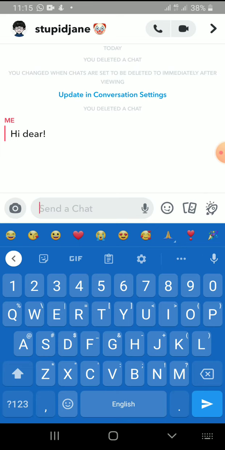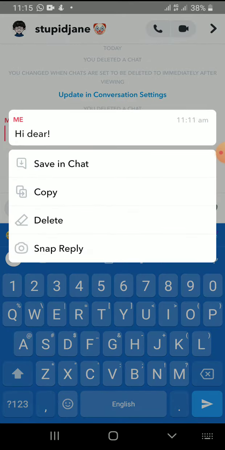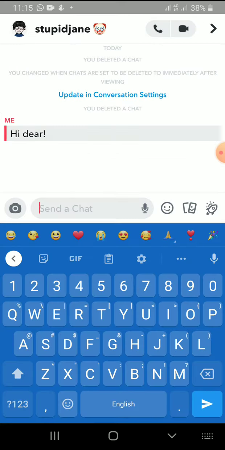So to keep this message, we just hold on the message that we sent to her, or that you sent to someone, and you will see "Save in Chat". It will bring up a red ball, a red ball line. It means that this message will not disappear even though you chat to her for a long time, or after